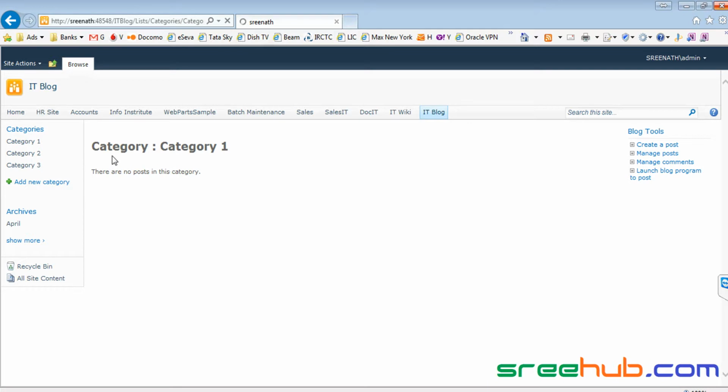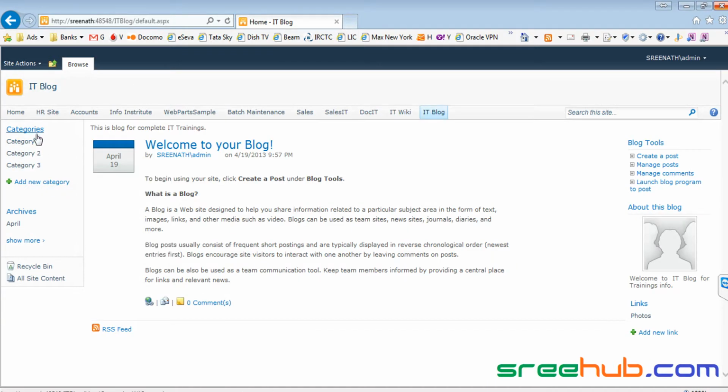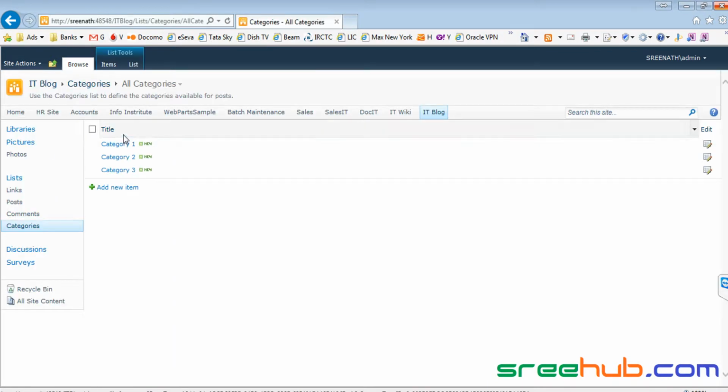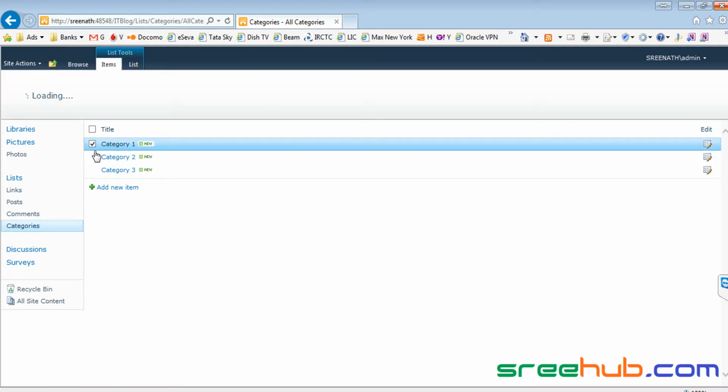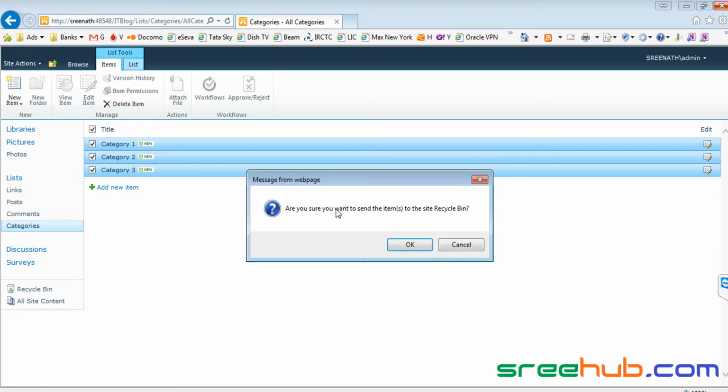But as of now, what we'll do is, let us say this is the category which is default, and we don't want all these categories, right? Let's go to categories, click here. You can see there are some predefined categories. Again, each and everything you can see is something like a list. You can actually go and edit these, right? Let me just click on this, this and this, and let me delete. I don't want these categories to be there, right? Click on OK.